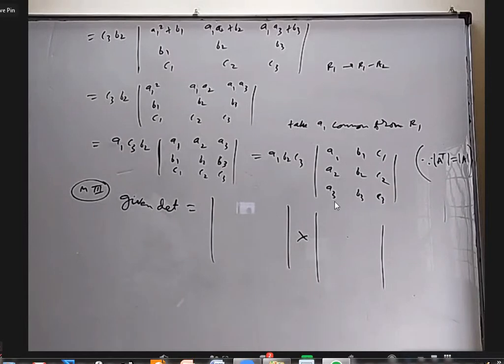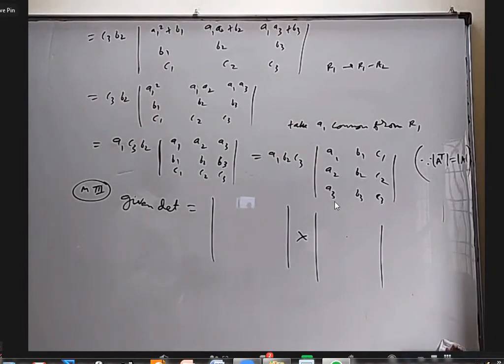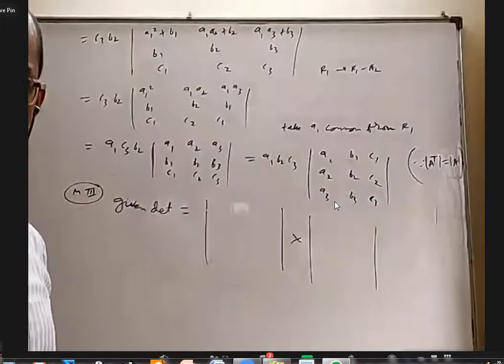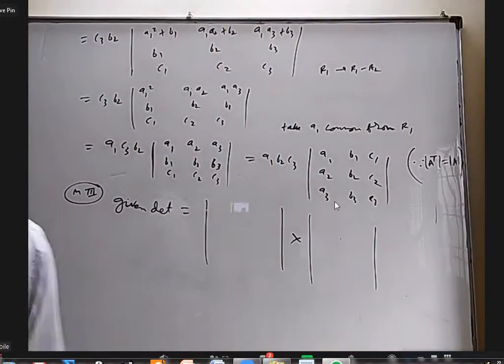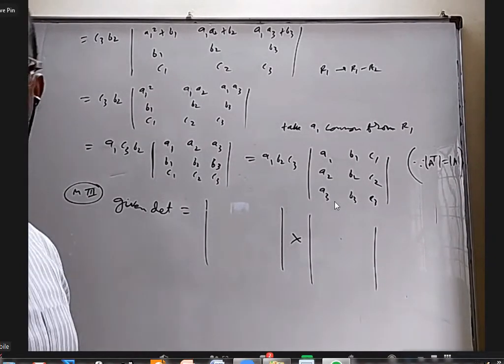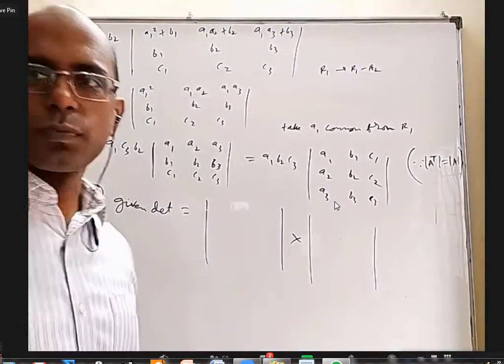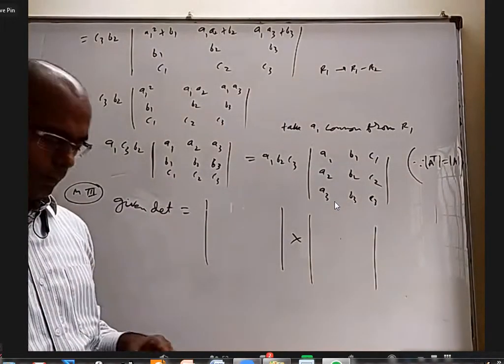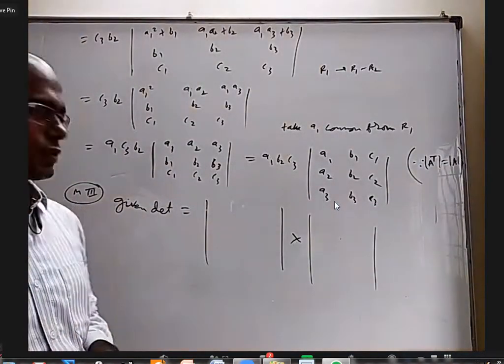Sir, first determinant is A1, A2, A3. Are you sure A1, A2, A3 are there in the first row in each and every element? Because if you want to tell something, first row this into this, this into this, this into this. You have to observe something which is common in the first row in all the three elements. A1, only A1, but we are looking for three elements.